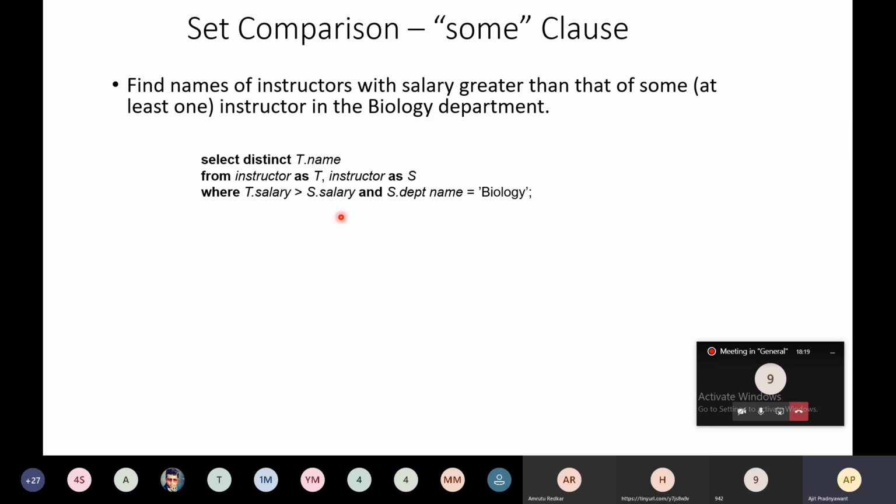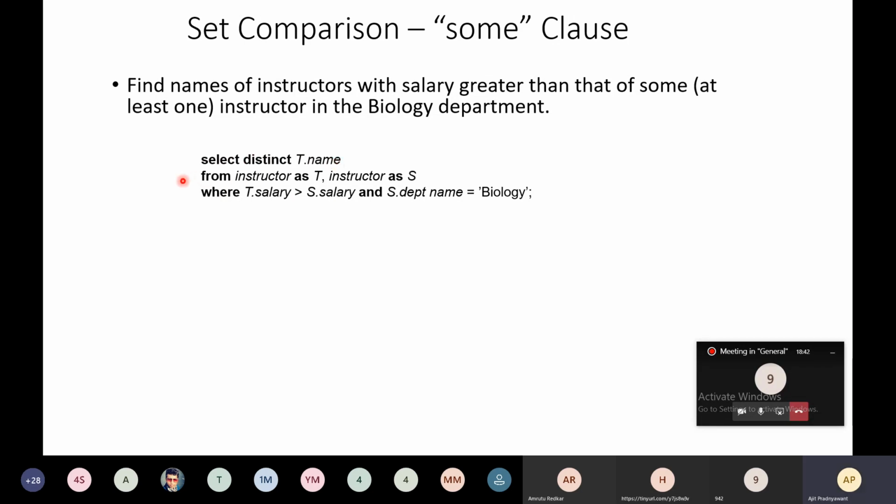So what will this query retrieve? It will retrieve the name of the instructor whose salary is greater than the instructors present in the biology department. Just split this query into select. In the select clause, we have chosen the name of the instructor.